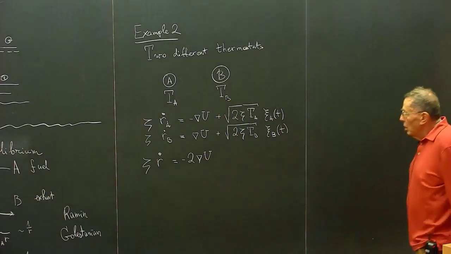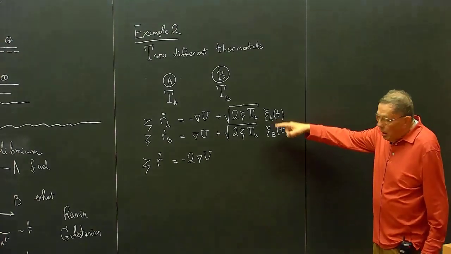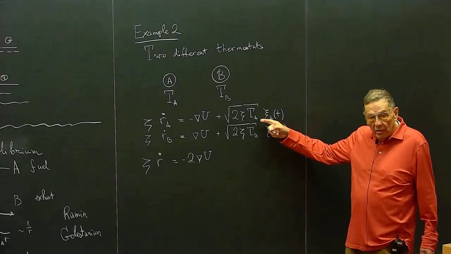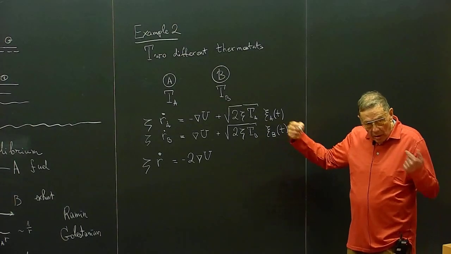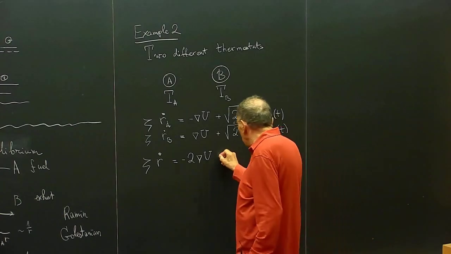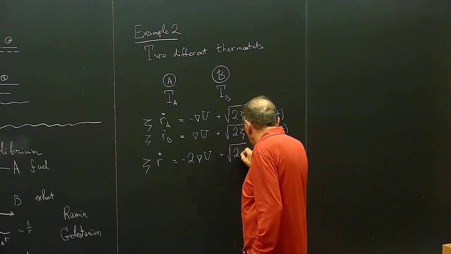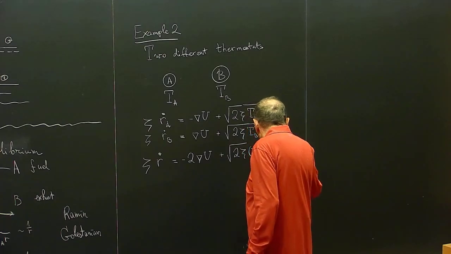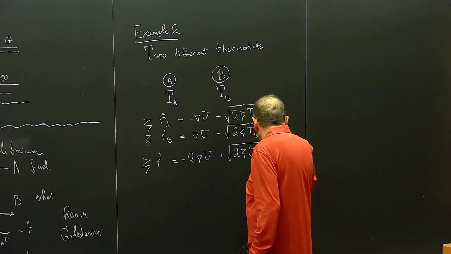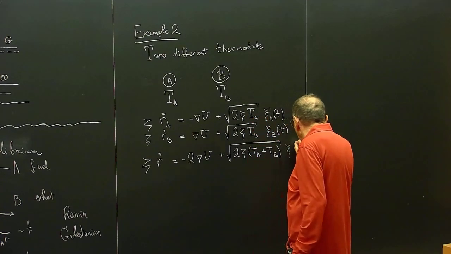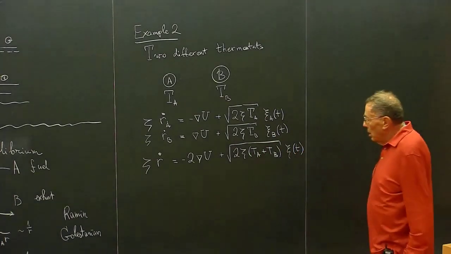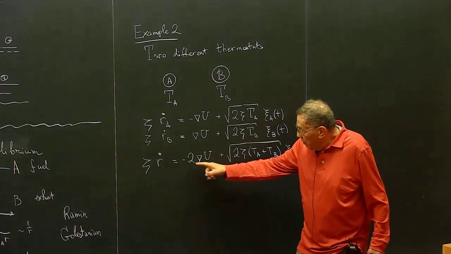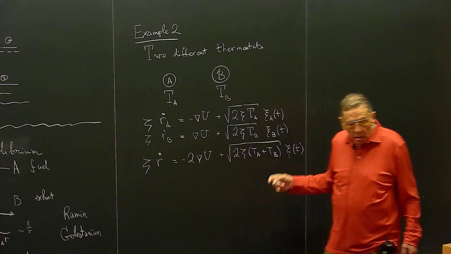Okay, and now when you add together Gaussian variables, then what happens is you obtain squares of the amplitude and sum them together. So you obtain the root of 2 zeta (Ta plus Tb). This is the biggest algebra that I will use. Okay? And this is what? This is the Langevin equation for a single particle in the potential 2U